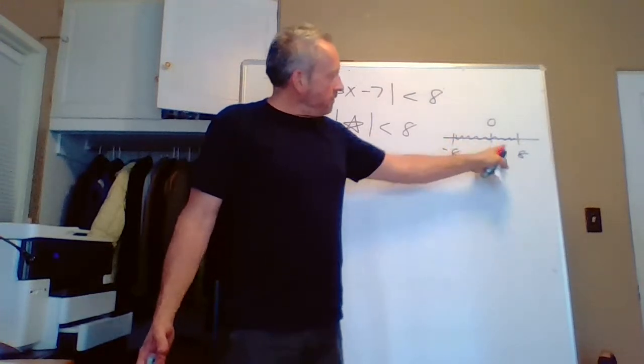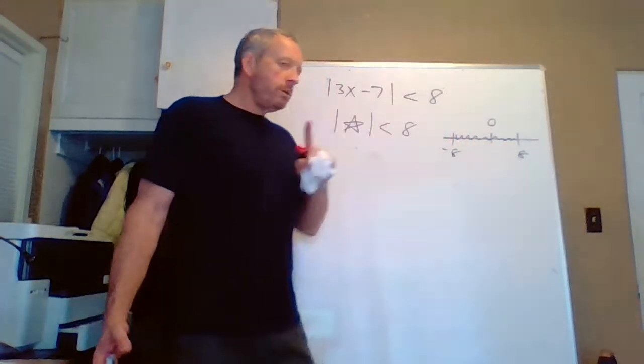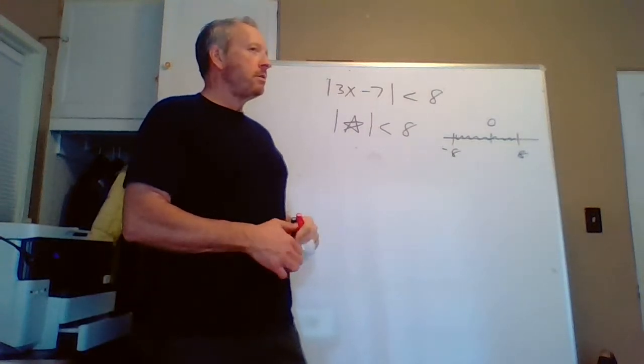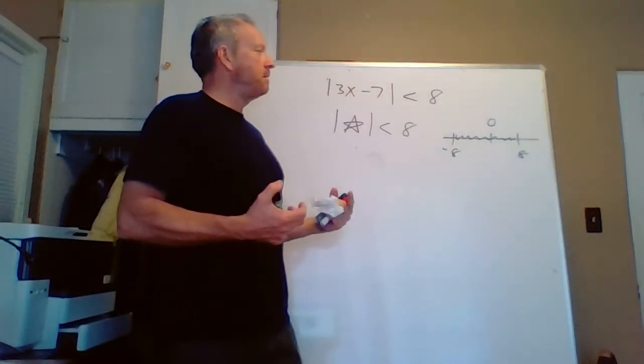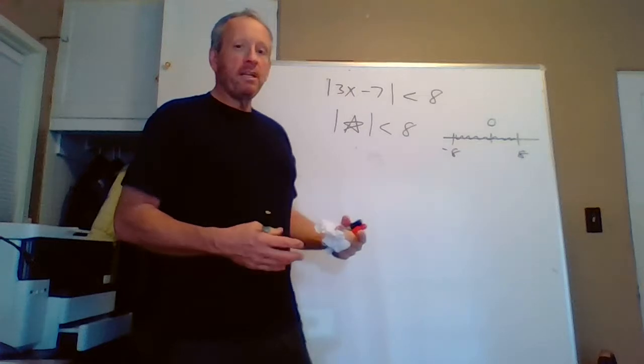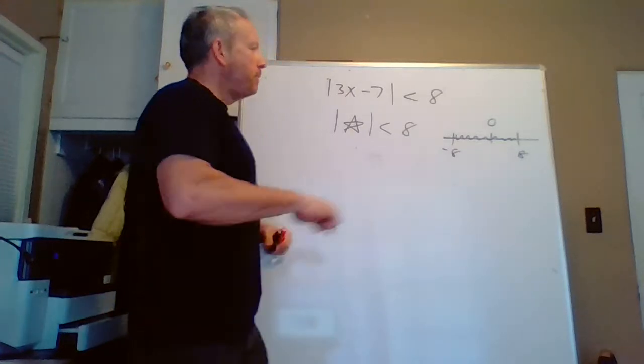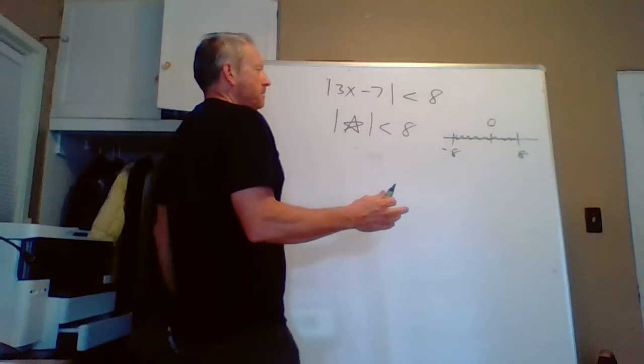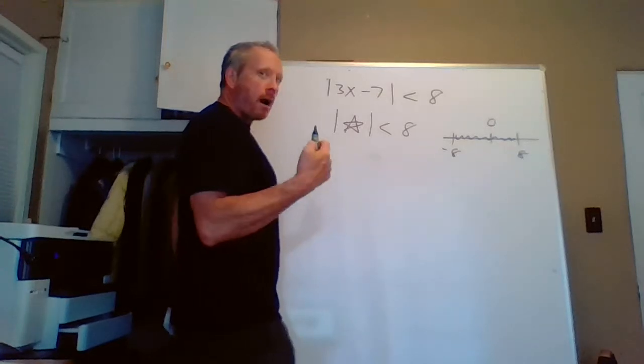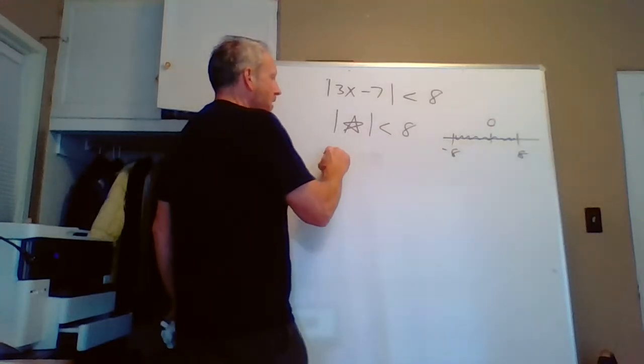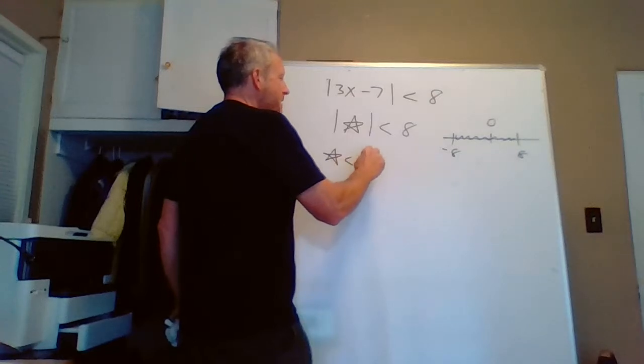If you were living in this interval, we would know that you are somewhere less than 8, to the left of 8, but to the right of -8. You would have to be somewhere in that interval. So I could write down, and we are going to write down, star is less than 8, but that's not